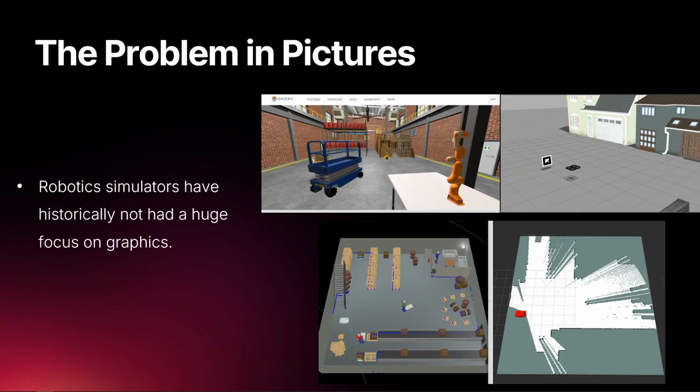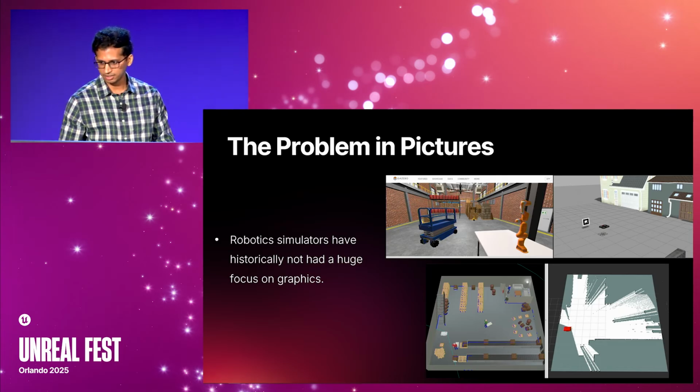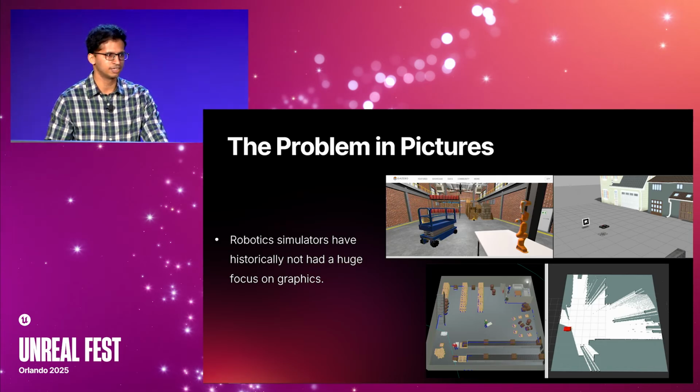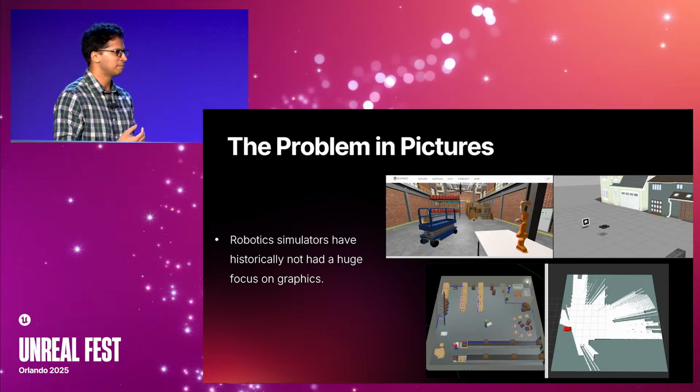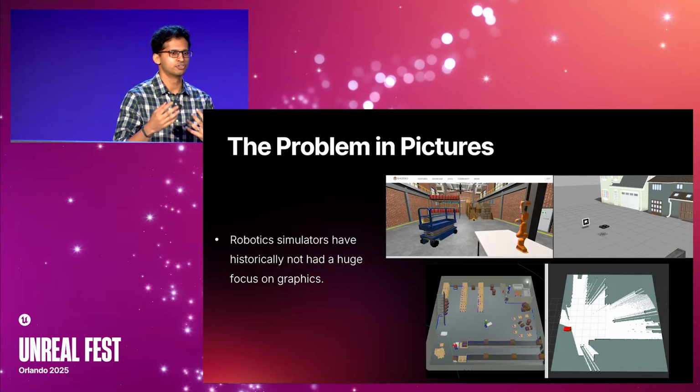So that actually was a huge factor in us developing our early efforts in simulation and really starting to look at Unreal Engine and so on. Also, historically, robotic simulators have really focused on physics and an abstraction of behaviors, and not so much visuals, right? Because again, maybe it just took a little while to catch up with the advances in computer graphics and simulation. But I think a lot of these simulators are still being used today in academic contexts and also some industry contexts where people are trying to get the robot dynamics or the robot motion planning or trajectories right.